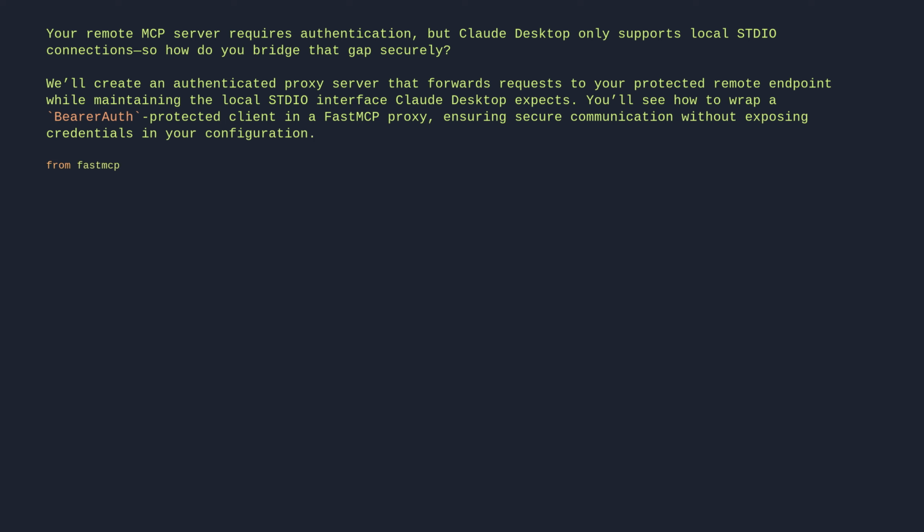From fastmcp import FastMCP, Client. From fastmcp.client.auth import BearerAuth. # Create authenticated client. client = Client("https://api.example.com/mcp/sse", auth=BearerAuth(token="your_access_token"))